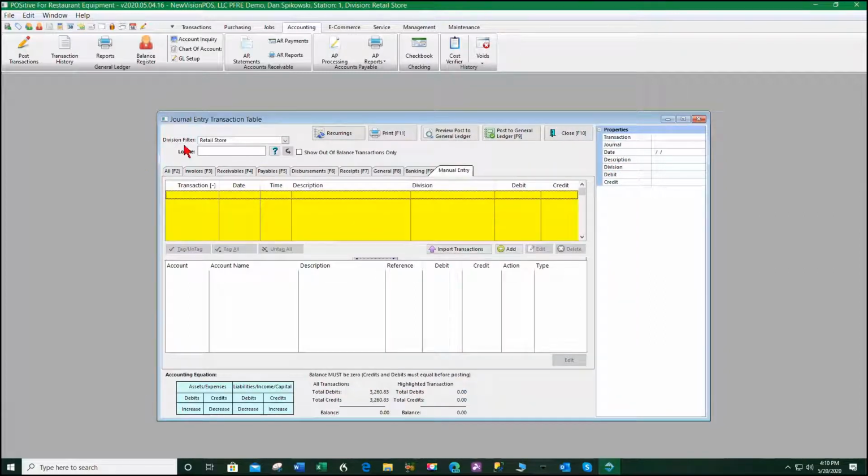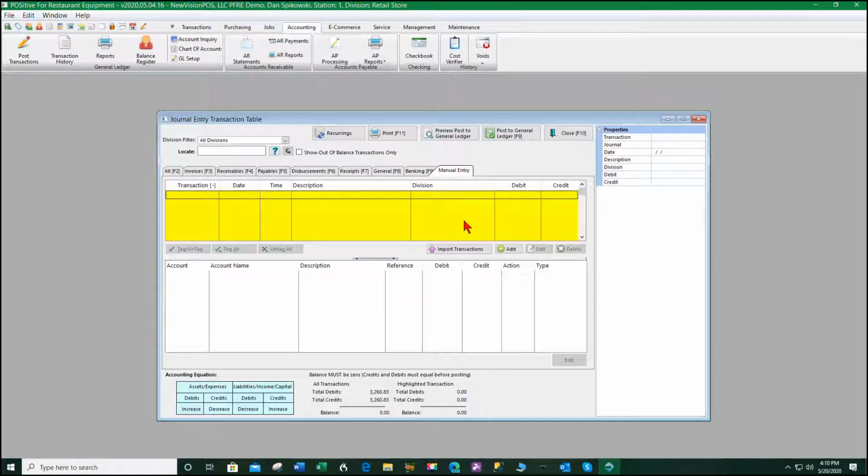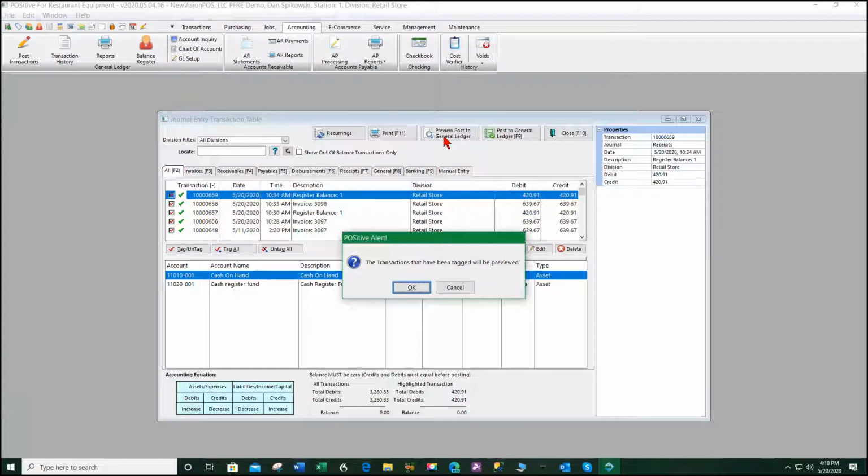We also have under division filter, in this case I have multiple divisions, so my GL can say which division I want to post, or I can say all divisions and it'll show me all the transactions that I want to post. Okay, so these that I have here, I'm going to select tag all. By doing that, I can preview post to general ledger, get a look at what it's going to look like before I actually post it. So clicking preview,